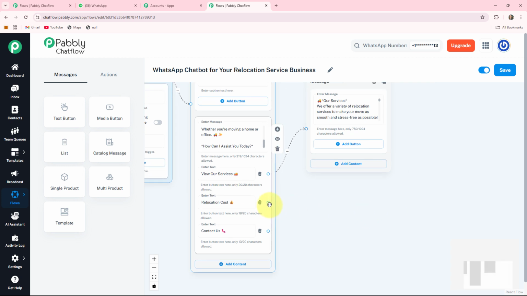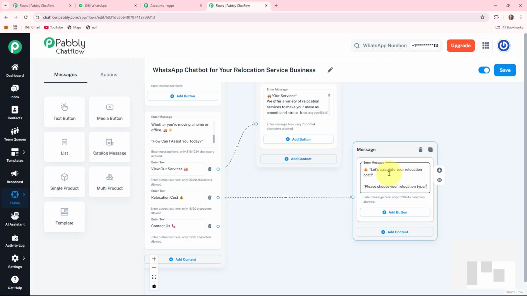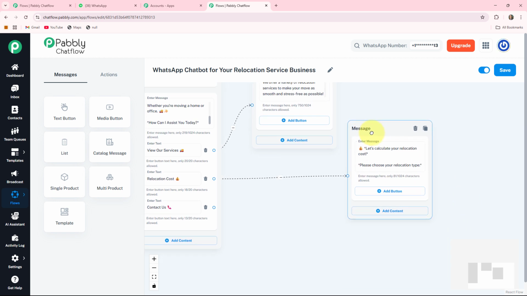So my bot will respond to them. For this, I am clicking on this circle, drag a line, choose content type as text plus button, where I can write some options about the relocation service that are provided by my relocation service business. Here I write it. While in this, I'll provide some types of the relocation that are available in my relocation service business. By clicking on this plus add